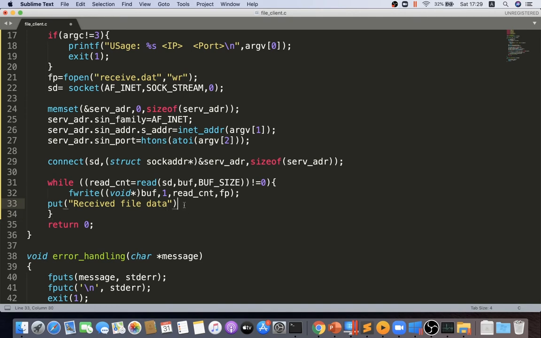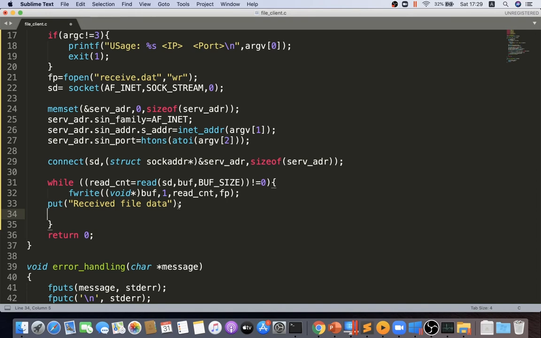Once it has read everything from there and saved it into the file named receive.data, it will write a thank you message towards the server side. And to do that, it will also write something like write